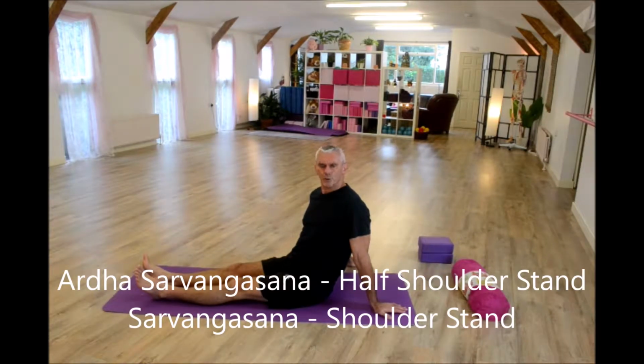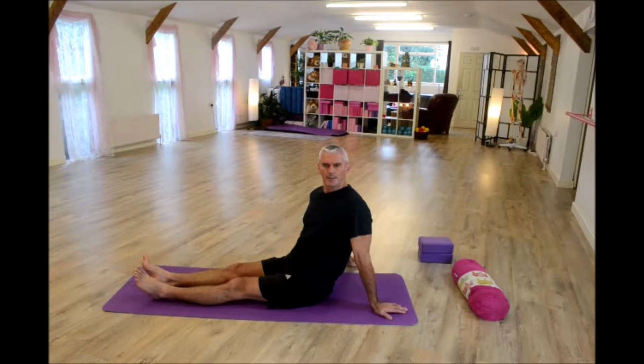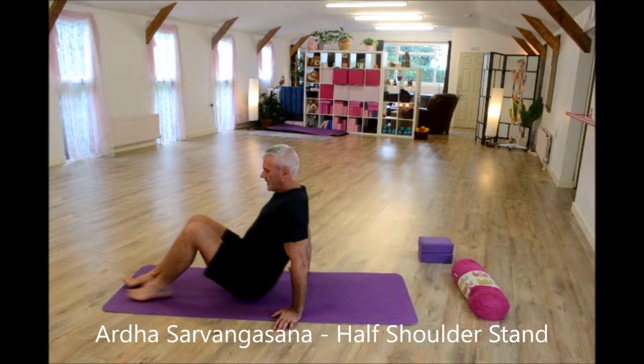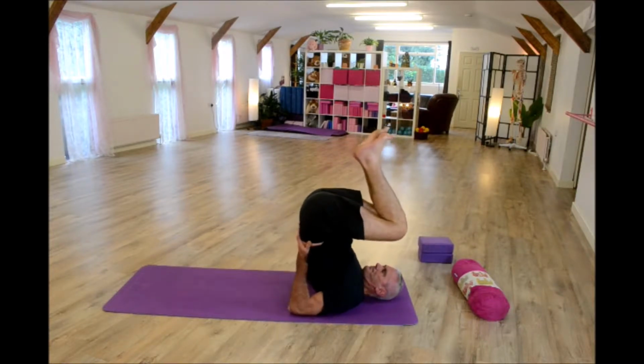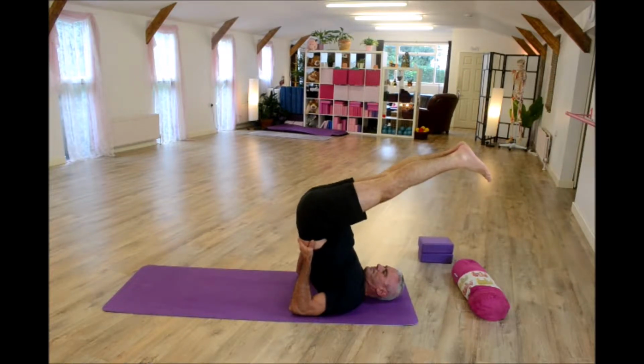Which is a half shoulder stand. In this same video, we're also going to do the full shoulder stand, Sarvangasana. And this is on page 142 and 143 of the book. So we'll do Ardha, which means half, Sarvangasana, the half shoulder stand. That's the half shoulder stand. The full shoulder stand from there,